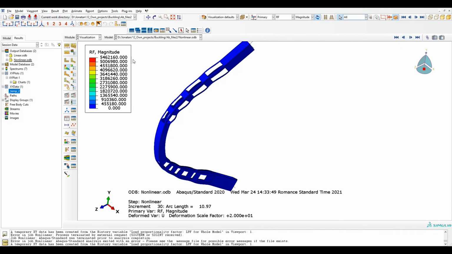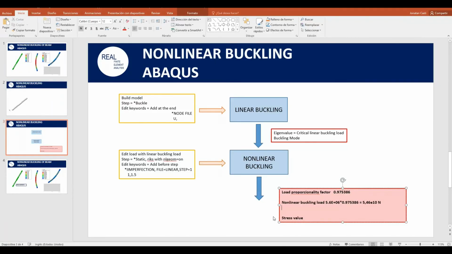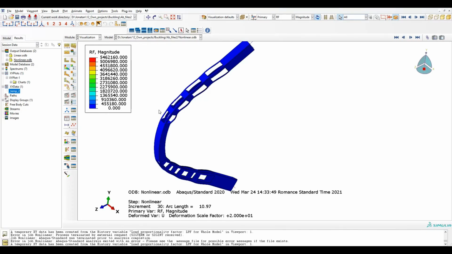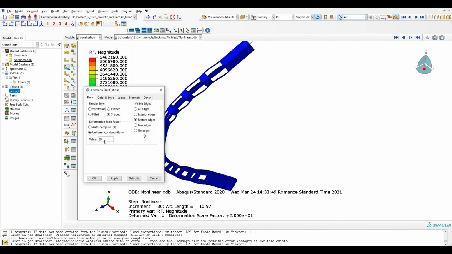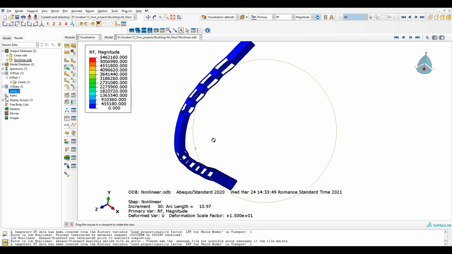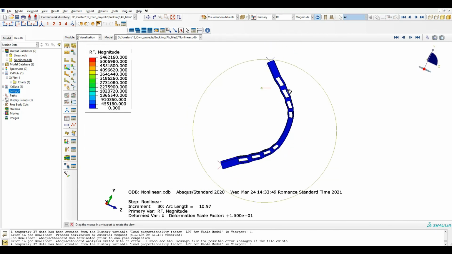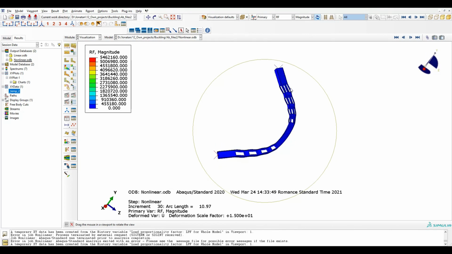Yeah, this one. So 5.46. Sorry. Yeah, that's it. So spot on. We can increase a little bit the deformation scale. So this is how the brace deforms, distorted.